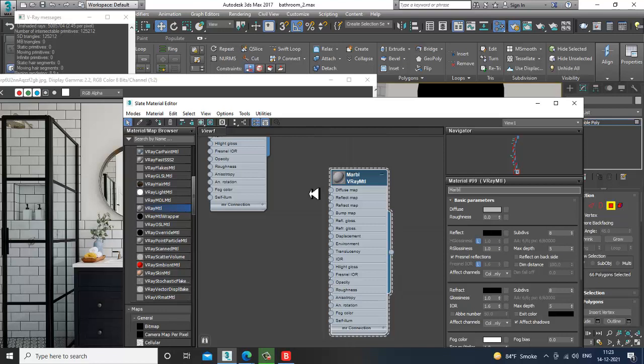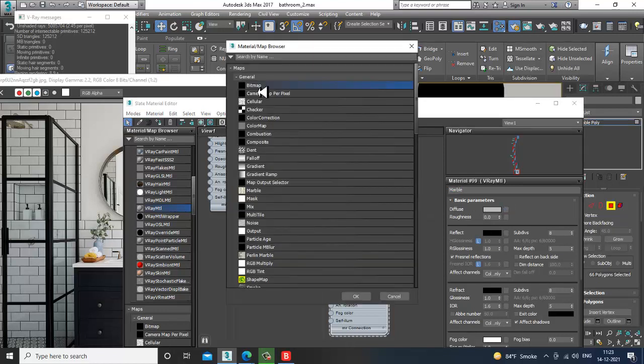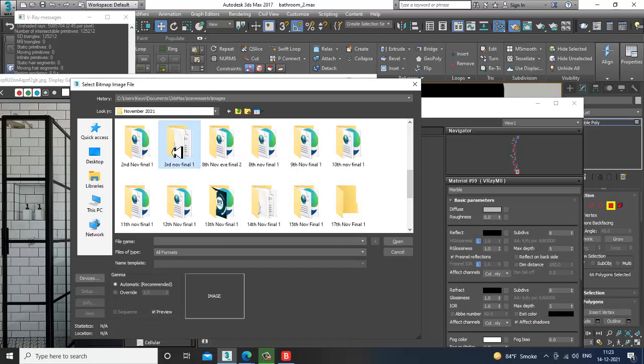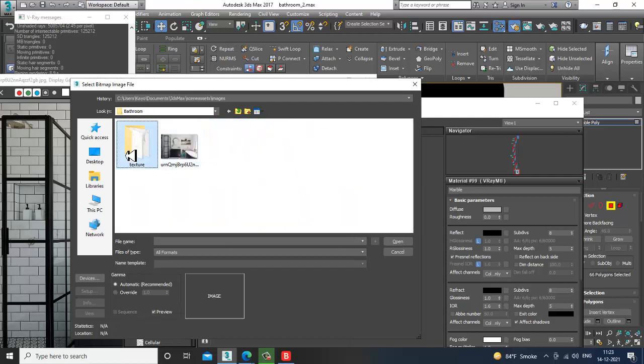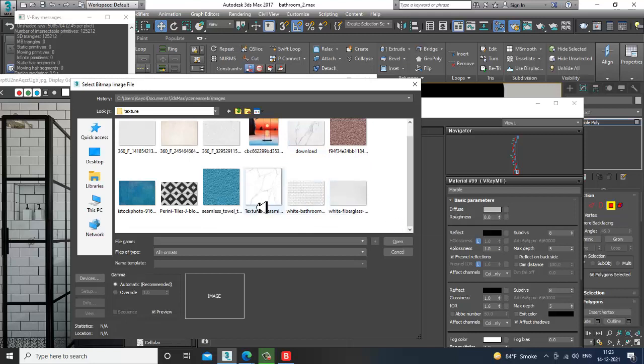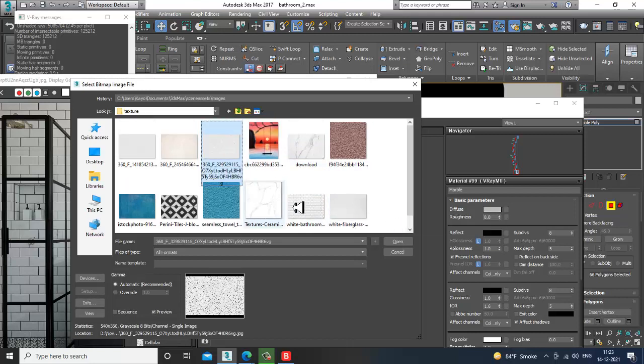So you can assign a marble over here. We have a marble texture also. This is a white fiberglass. This is a texture ceramic. This is a marble.